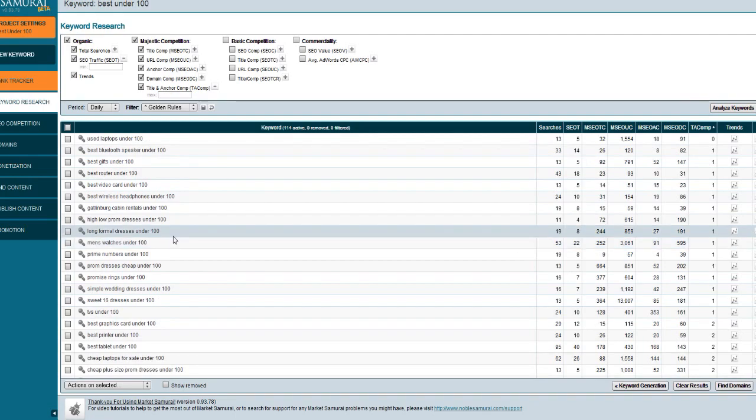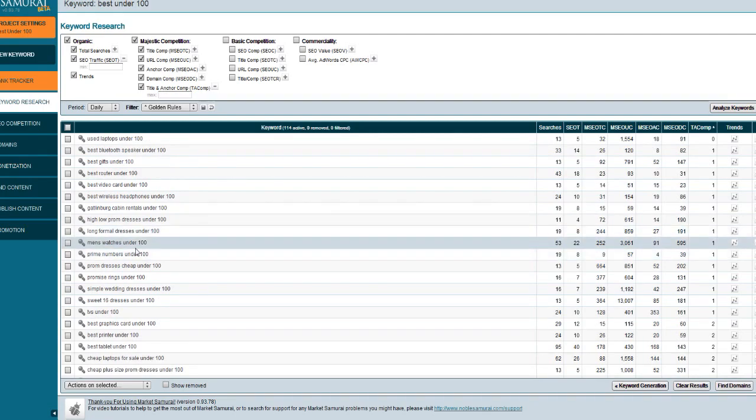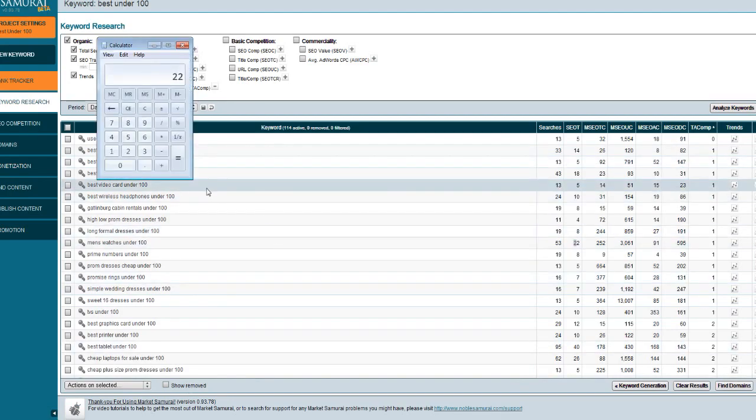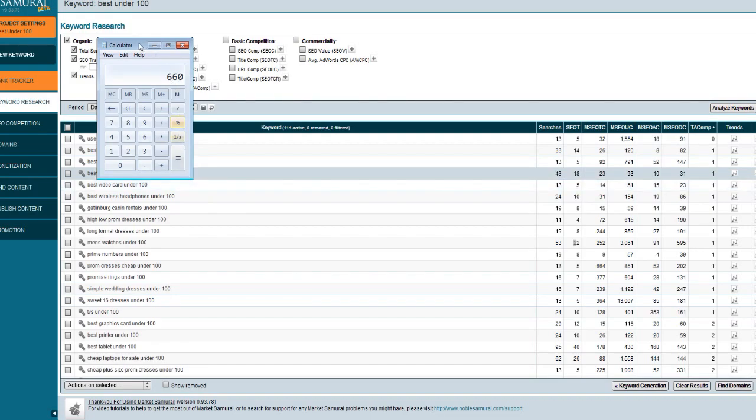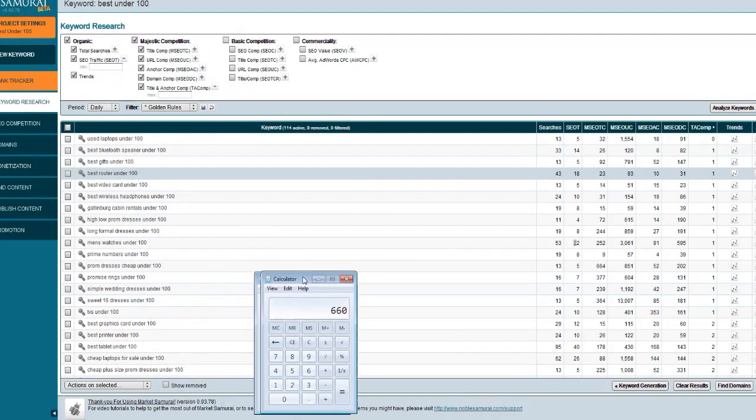Okay. Men's watches under 100. That could be good. See, if you were the first result, you could get 22 searches a day. And 22 times 30, that could be around 660 searches. Now, a little bit of quick math that I do